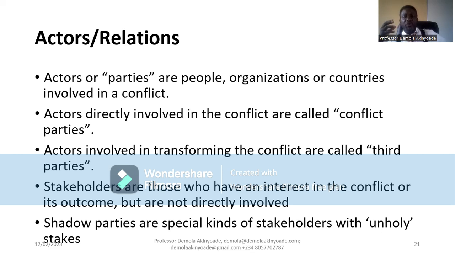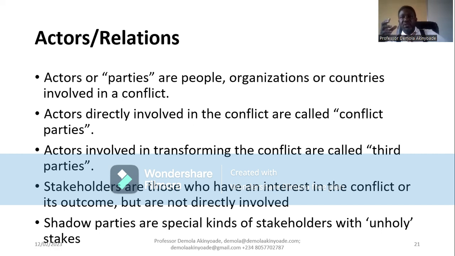We also have a group of people we call shadow parties. Shadow parties are a special type of stakeholders, but because their stakes are illegitimate, they have unholy stakes in the conflict, they would rather stay in the shadow because they cannot come out boldly in the light and say, I have stakes in this thing. For instance,